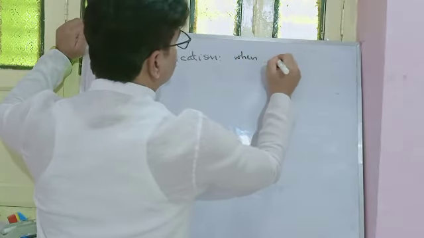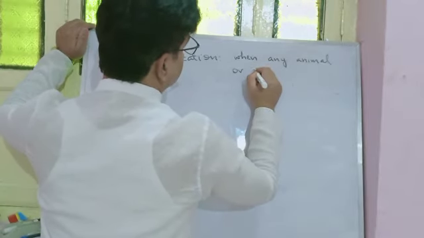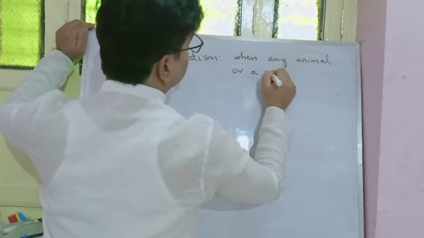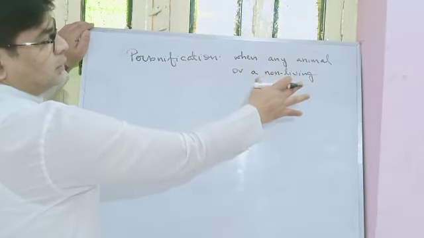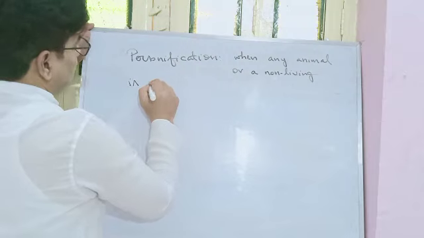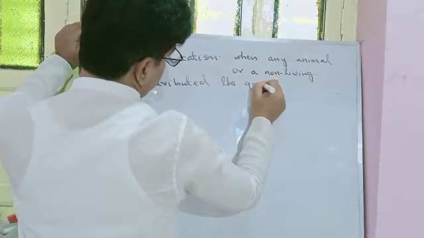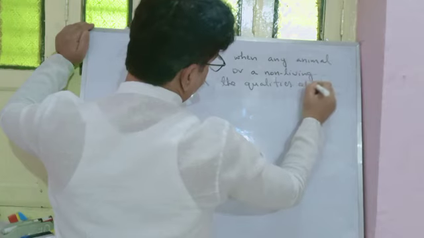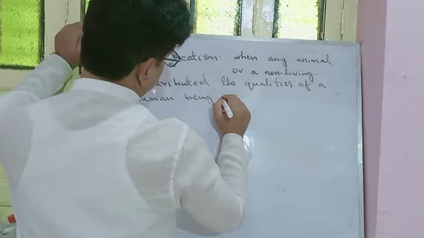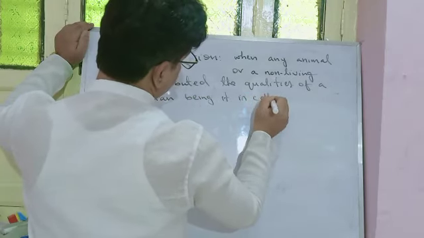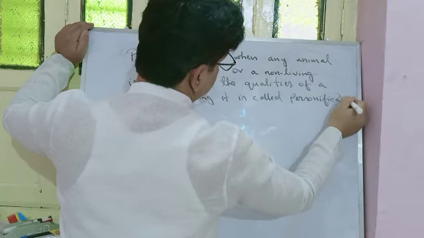When any animal or a non-living thing is attributed the qualities of a human being, it is called personification. Here